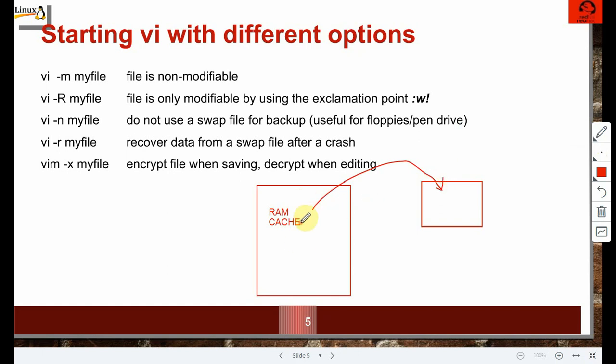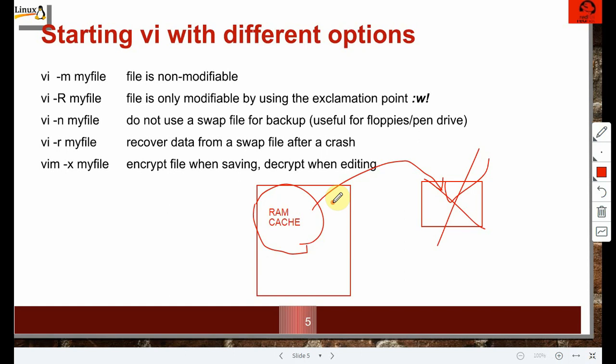If you are working in a file and your machine suddenly restarts or a power failure happens, the original file is not saved on the disk. It was there in the RAM. Yes, there is a provision that Linux will keep a cache and keep saving the buffer. But it depends on your luck how much of the content you get back from the file. It's not that you will get everything. You may get 90% of your file, 95% of your file, or you may also get 100% of your file from the cache.